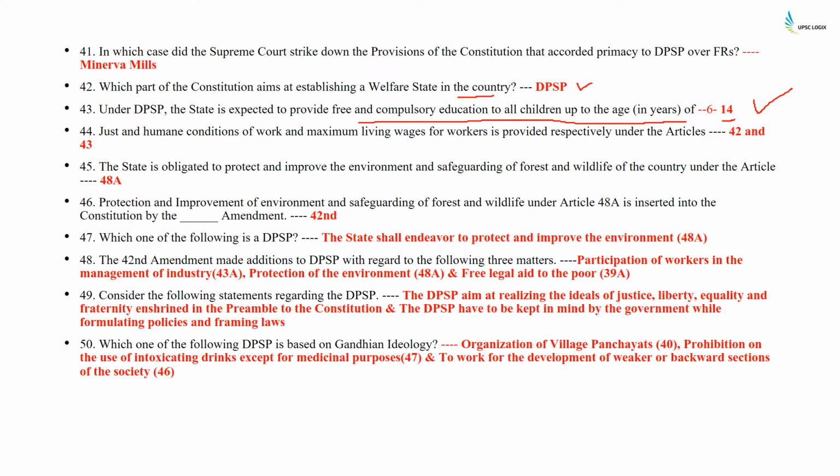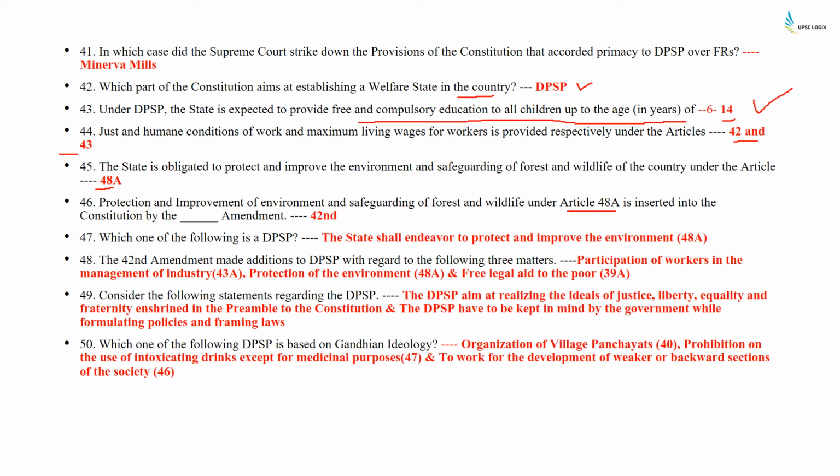Just and humane conditions of work and maximum living wages for workers are provided respectively under Articles 42 and 43. The state is obligated to protect and improve the environment and safeguard forest and wildlife of the country under Article 48A. Protection and improvement of environment and safeguarding of forest and wildlife under Article 48A was inserted in